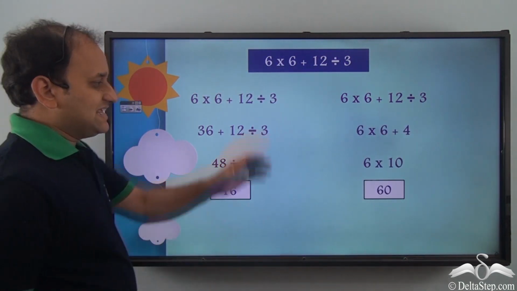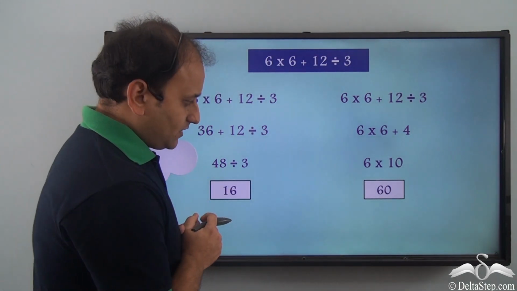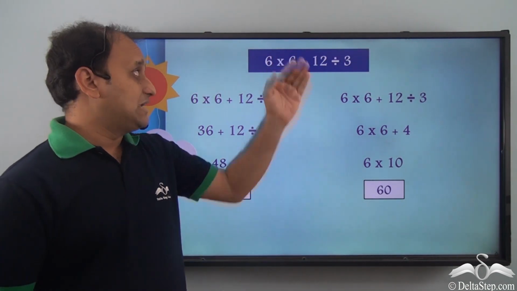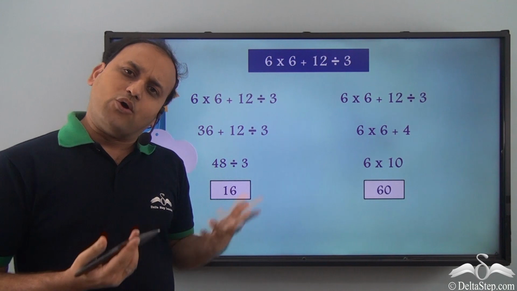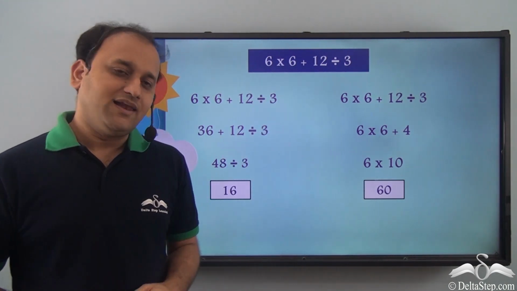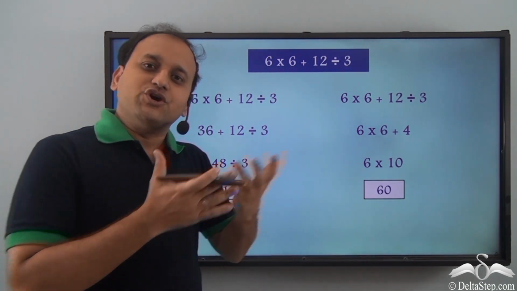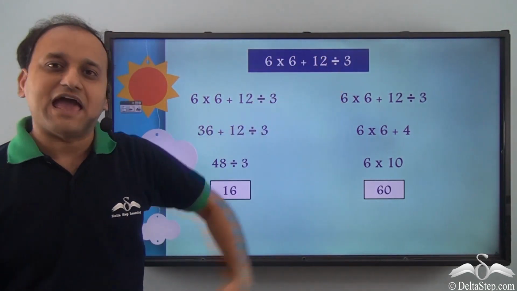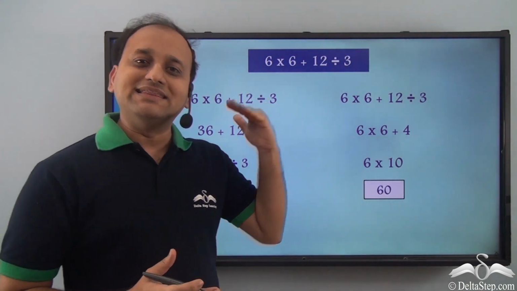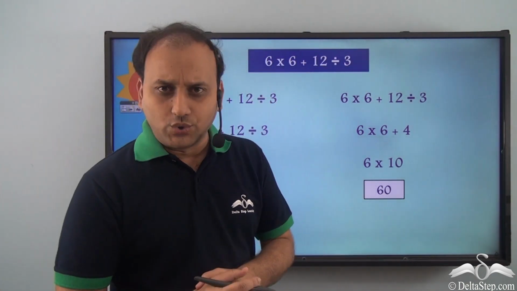So, for the same expression, we get two different answers. But in maths, we cannot have two different answers for the same expression. So, how do we solve this particular equation, and which is the right approach? Well, the right approach has to be a fixed rule. For such questions, we have a fixed rule and we have to follow that rule, and only then can we solve such expressions. So, what is that particular rule? Let's see.